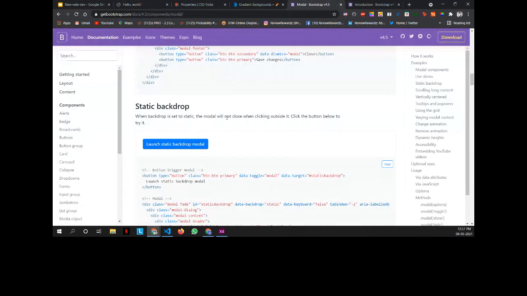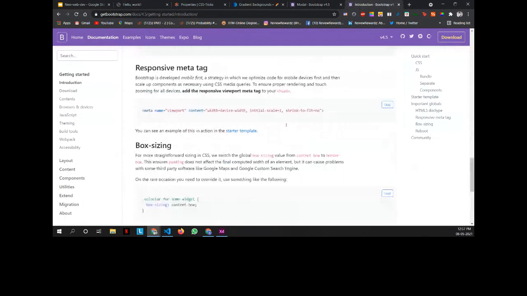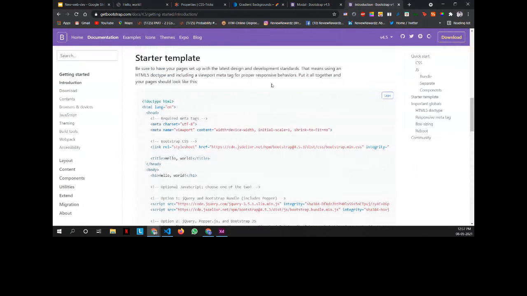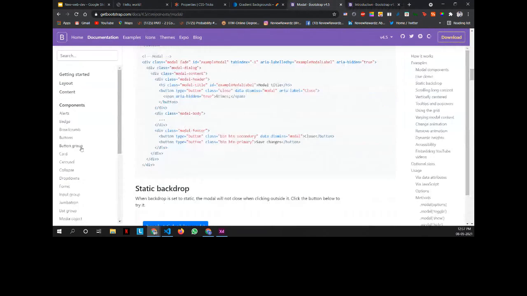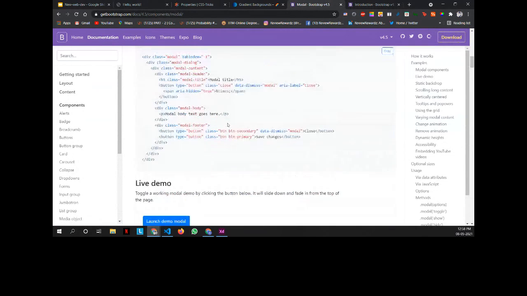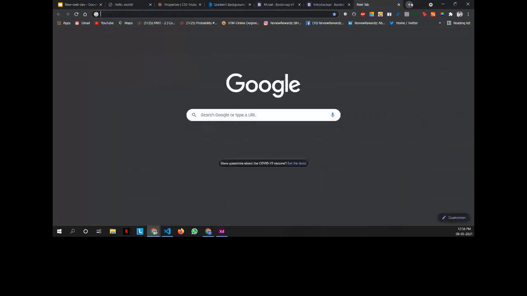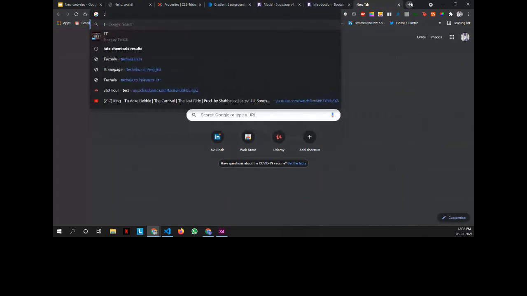So you all could just go to the first page, take up the starter template here, and just start messing around by adding all the tags or all the components one by one, whatever you all want. Just start messing around, get familiarized with Bootstrap, because 90% of the time Bootstrap is what's used in sites, and I'll show you one of the sites which we've made in Bootstrap.